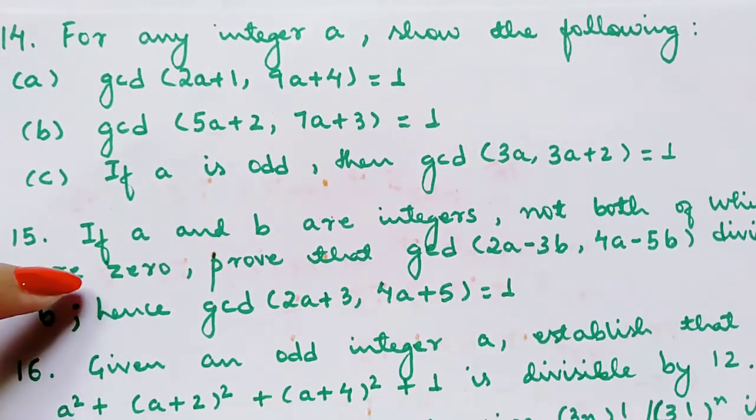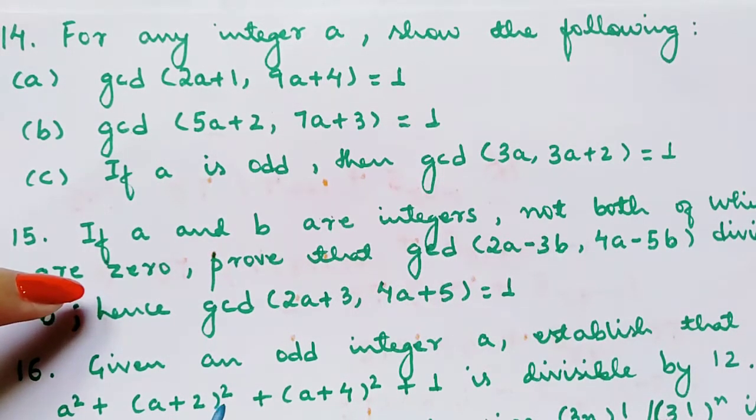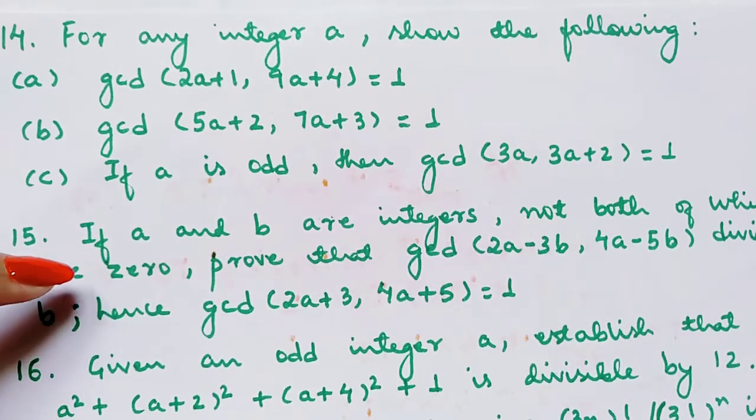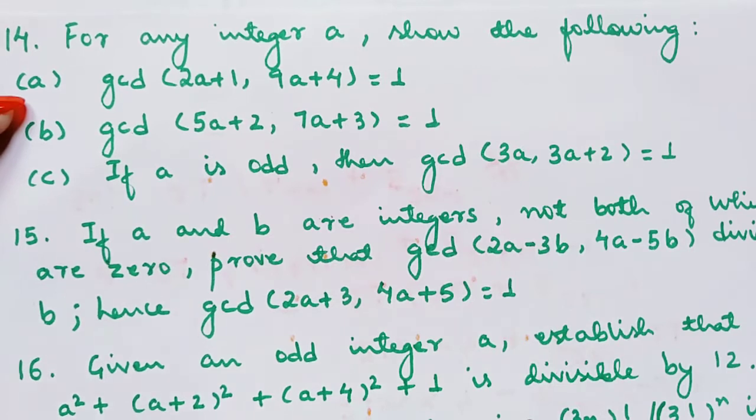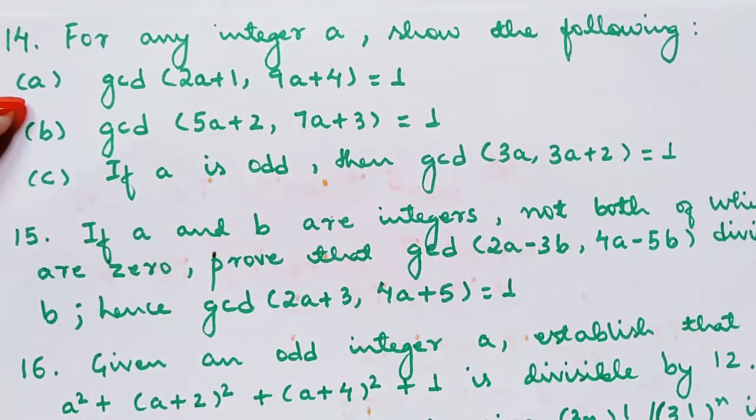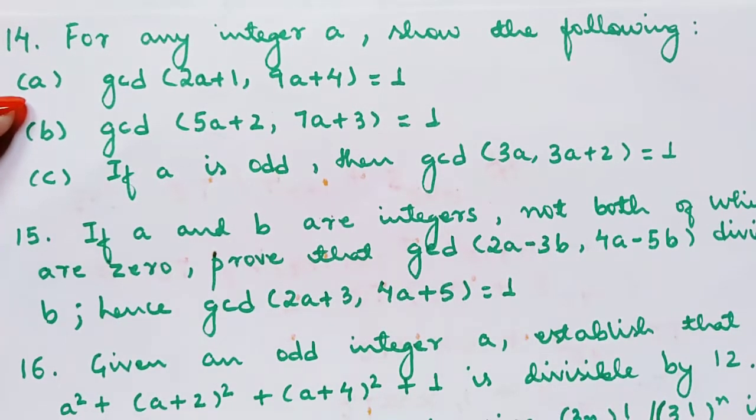In this video, I'm going to continue with question number 14, problems 2.3 from Elementary Number Theory by D.M. Burton. For any integer a, show the following. The first one: the GCD of 2a plus 1 and 9a plus 4 is equal to 1. So what we do here,